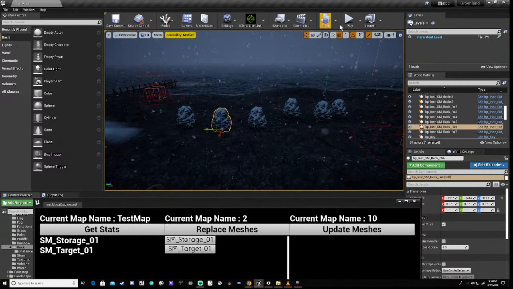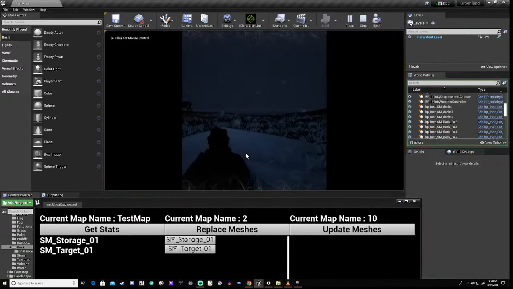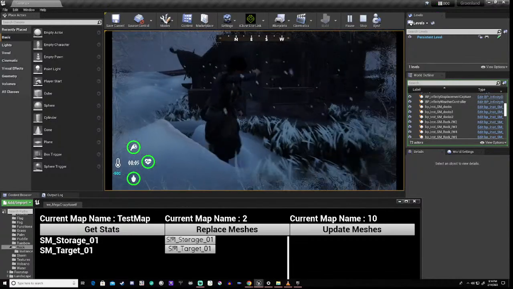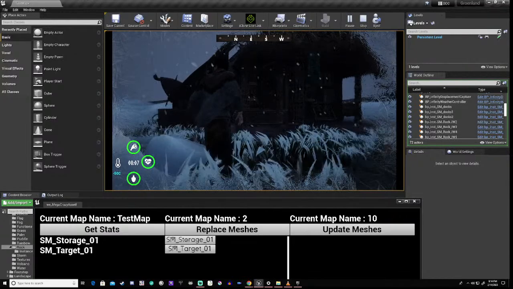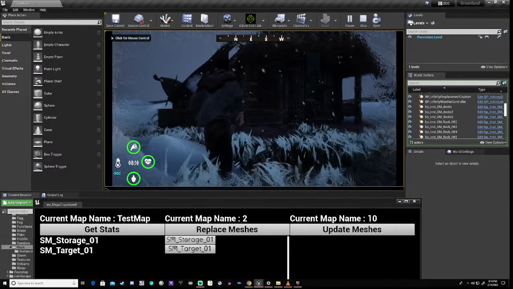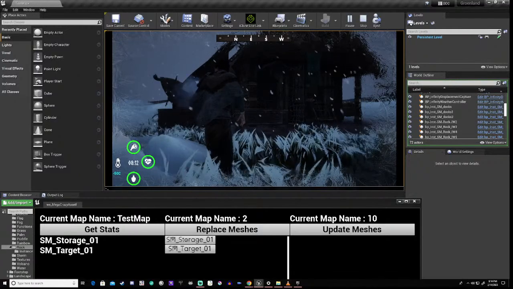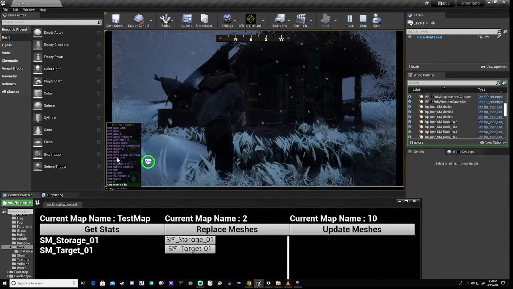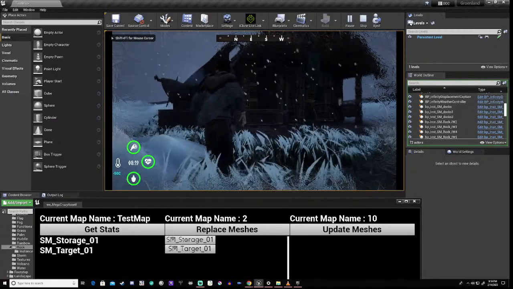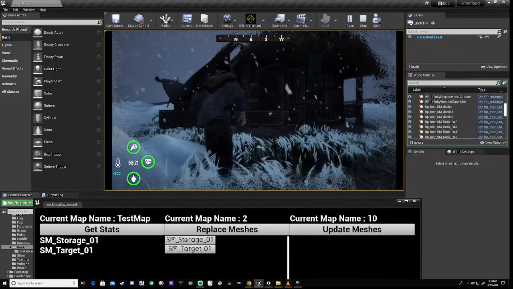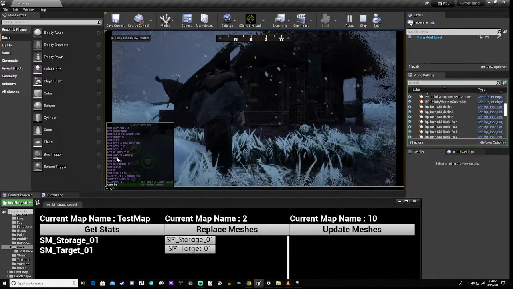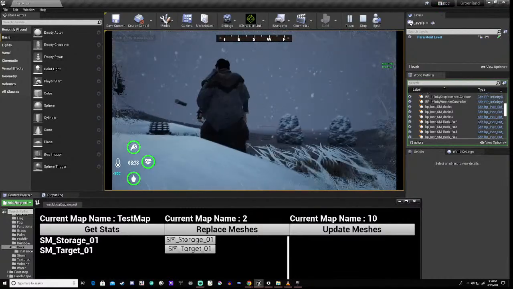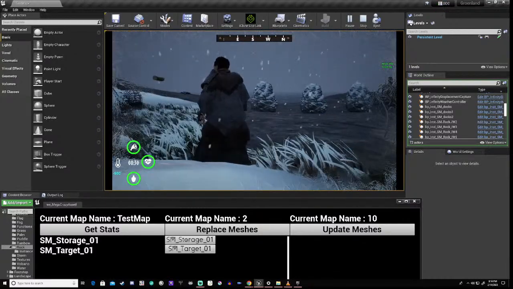If we pressed play, right, and I don't know if there's a quick way of doing it. No. So we hit tilde. Start FPS. Oh, god damn it. Tilde. Start FPS. Right. Now we shouldn't be running it in here, right?